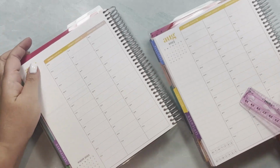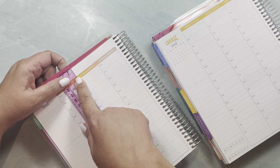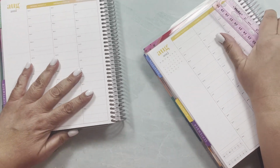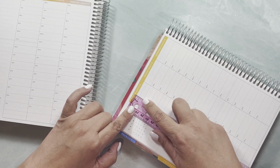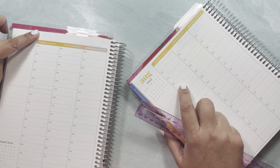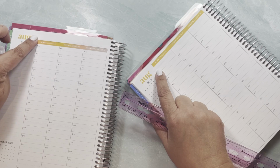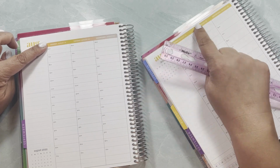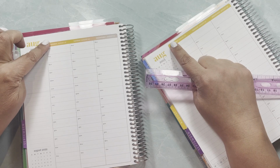Now, we used to have a different space up here. So we used to have, what is this? 1/2 inch and 1/8. So this is 5/8 of an inch. I'm a metrics type of person, so I really need to think about inches. So bear with me. And over here, we have a little bit more than 1/2 inch. So this section used to be wider than what this section is now. Take that into account, because for those of you that used the washi and then the strips here, you'll be able to use the strips up here and the washi, but you'll have to try and be mindful of, so